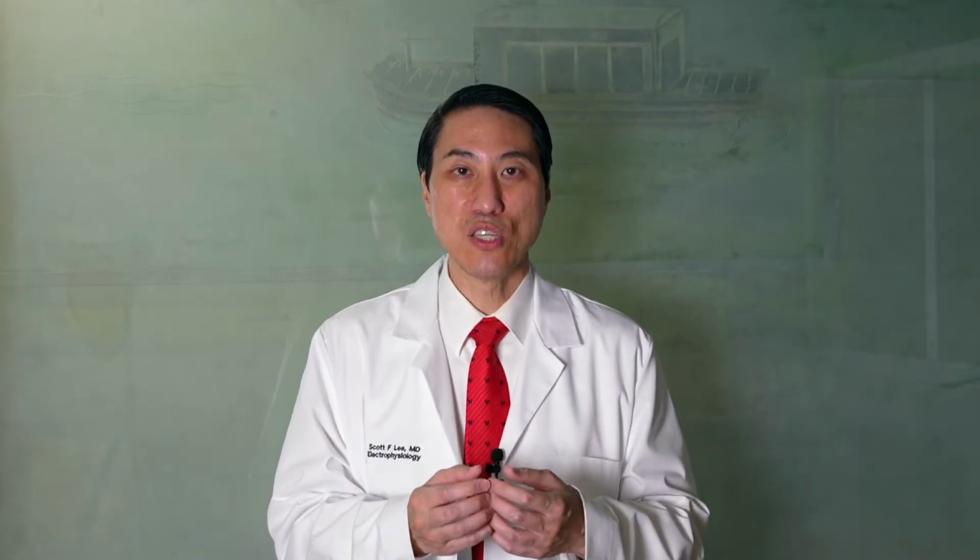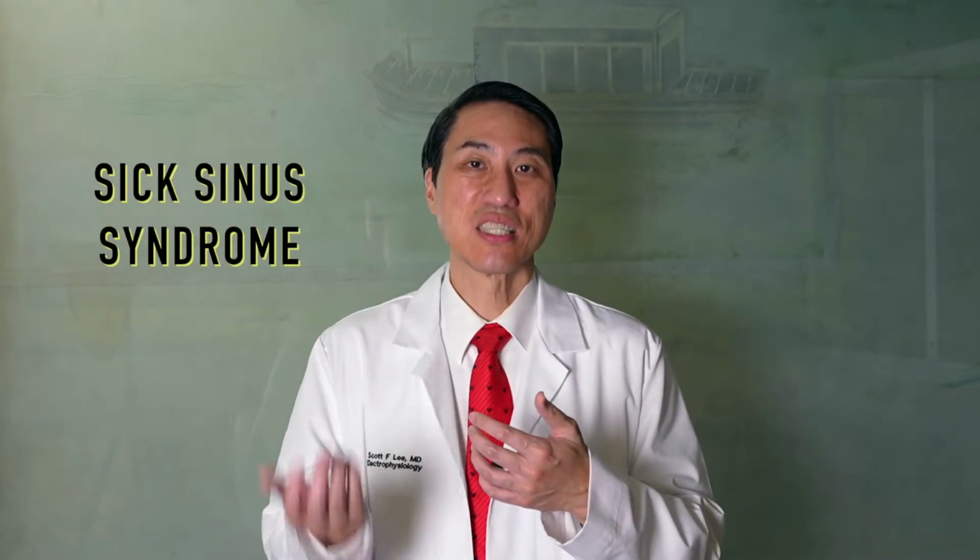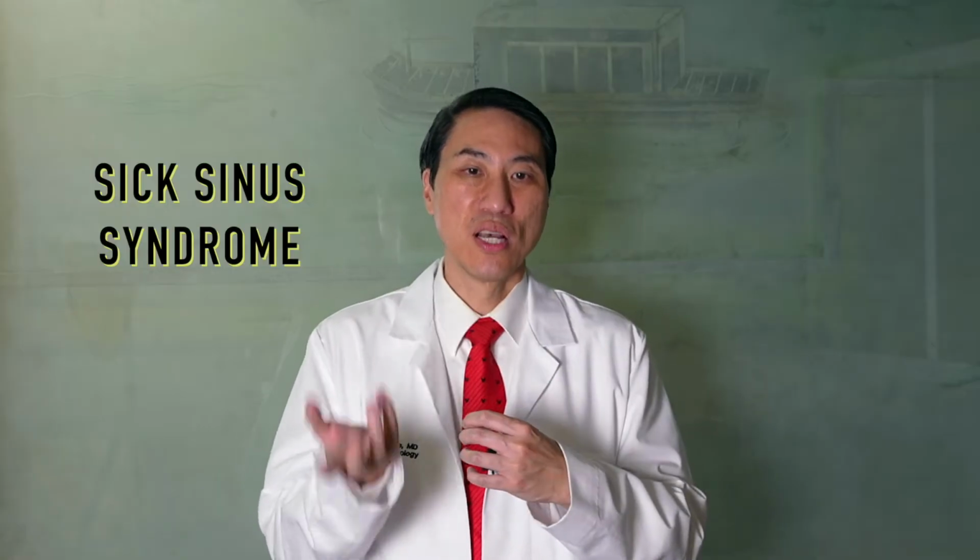And then that's when we say you have sick sinus syndrome, or the sinus node cells are getting sick and they're starting to send out electricity at a slow speed that's too slow, and it's making you feel lousy. Or the other way you could have a slow heart rate is if the nerve that conducts electricity through your heart goes bad. Because it doesn't matter what source of electricity is in control of your heart, whether that be your normal source cells sending out electricity, or an abnormal rhythm like atrial fibrillation that's not life-threatening, that wakes up,